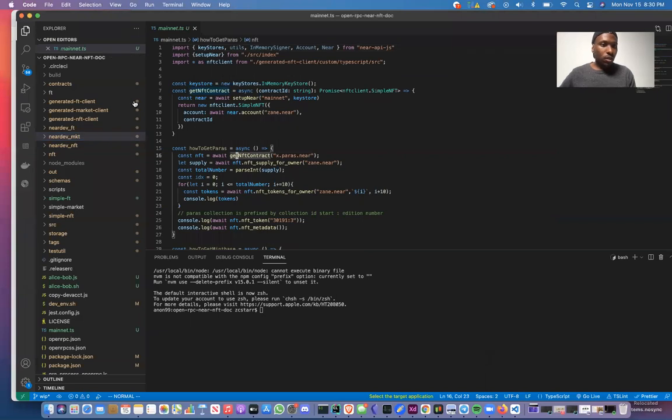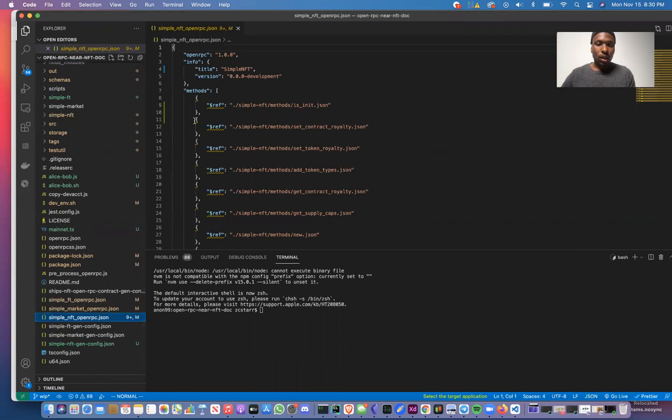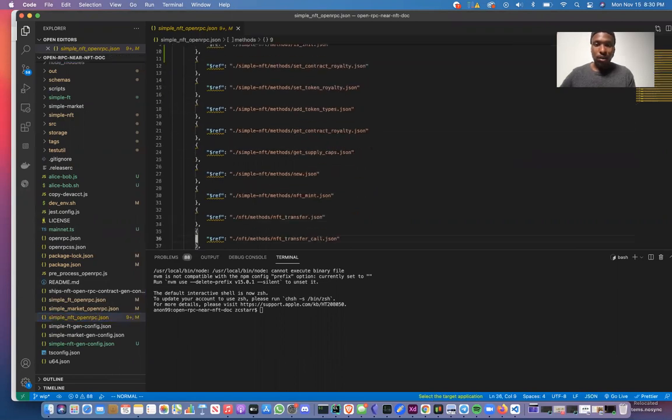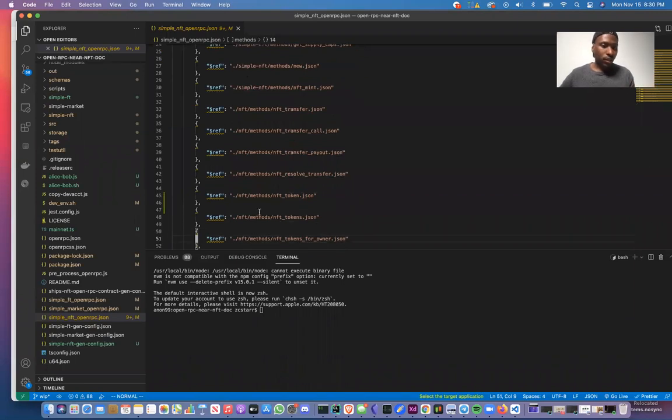All right. So when I'm here at the top of the deck, you'll see this here, which is called NFT Client. And so what I've done is I have a bunch of schemas in this OpenRPC document. So if we open up simple NFT, this describes all of the different methods that are a part of a standard sort of NFT contract. And so you can see NFT token, NFT tokens. So if we were to dive into that,